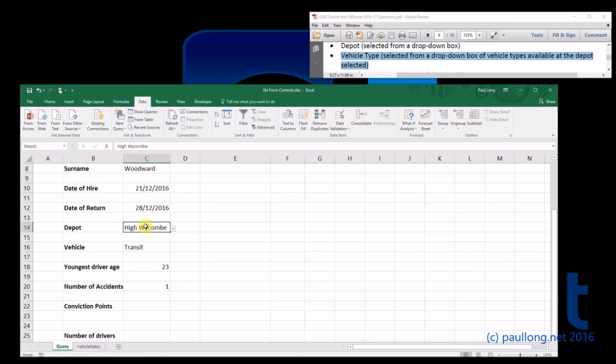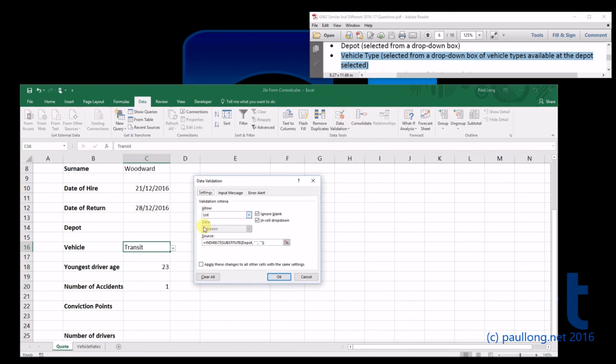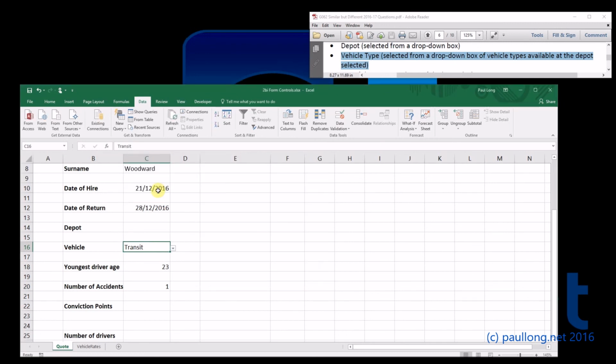Now, a problem you might come across is if you've left your depot blank, when you go to create the data validation rule and you click on OK, you'll get this error message. It says the source currently evaluates to an error. Well, that's fine. It does calculate to an error because there's nothing in the depot, so it can't find that named range. If I change that back to something, now it will work. And that's the validation drop down boxes. The next tutorial will take you through the other